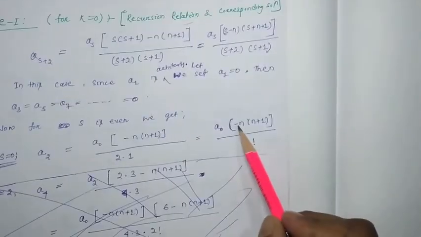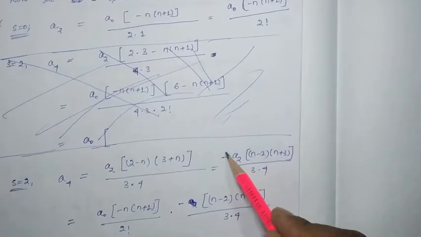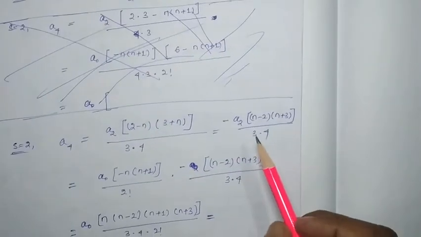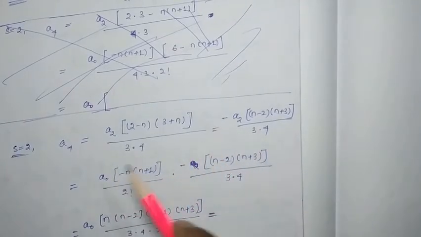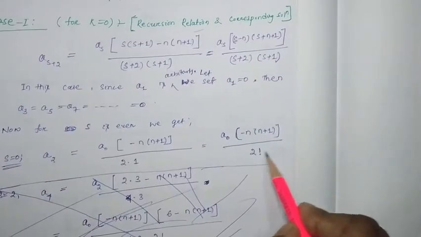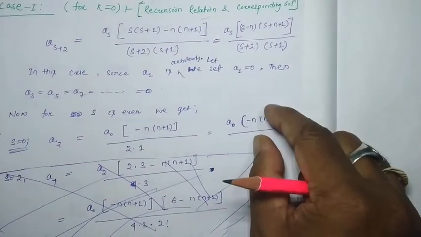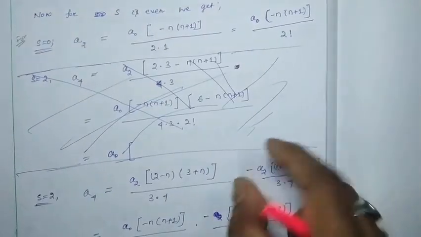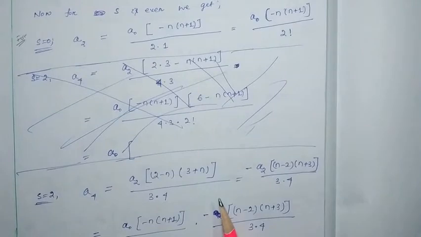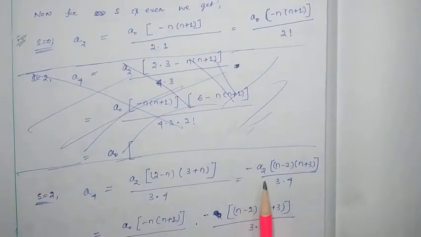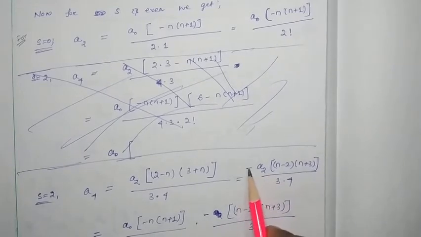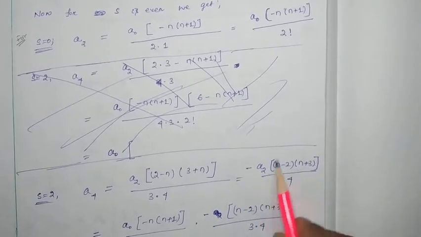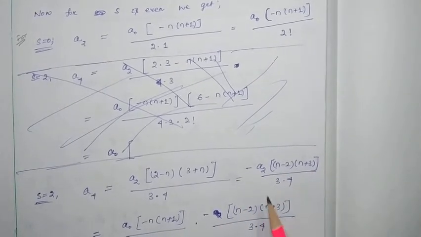So already here is the minus and here is the minus. Minus minus got cancelled, it will be plus. So first you put the value. This value I just substituted from here to here, and then it will be, how much? a0 minus n into n plus 1 by 2 factorial. Here minus there, minus, this much terms I have written.